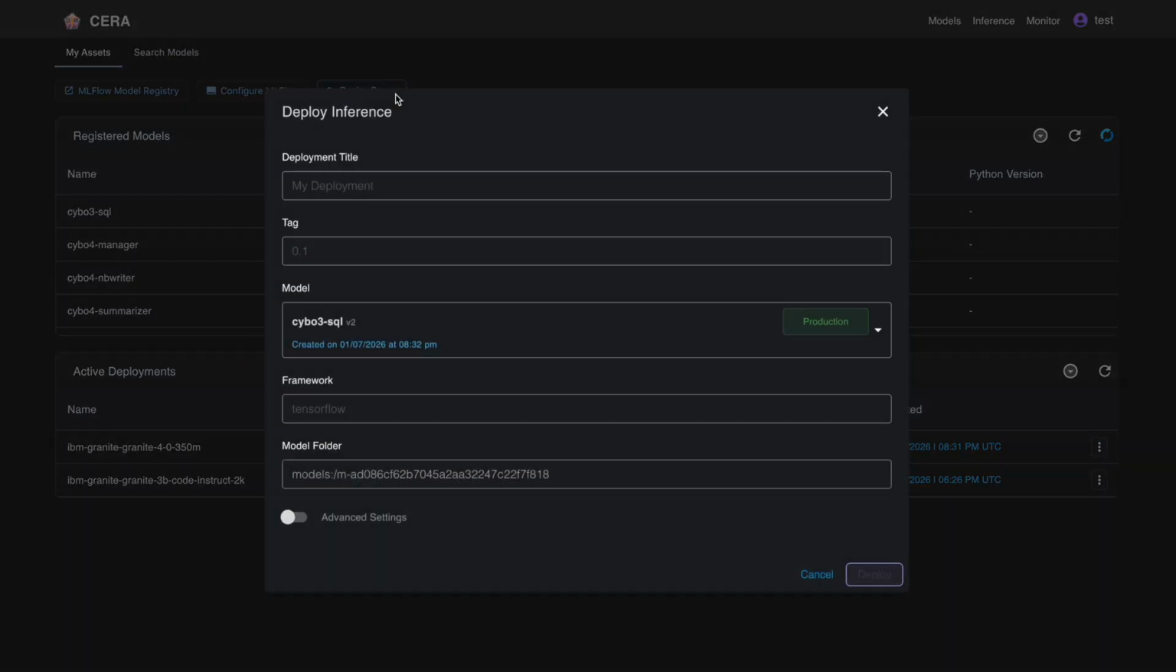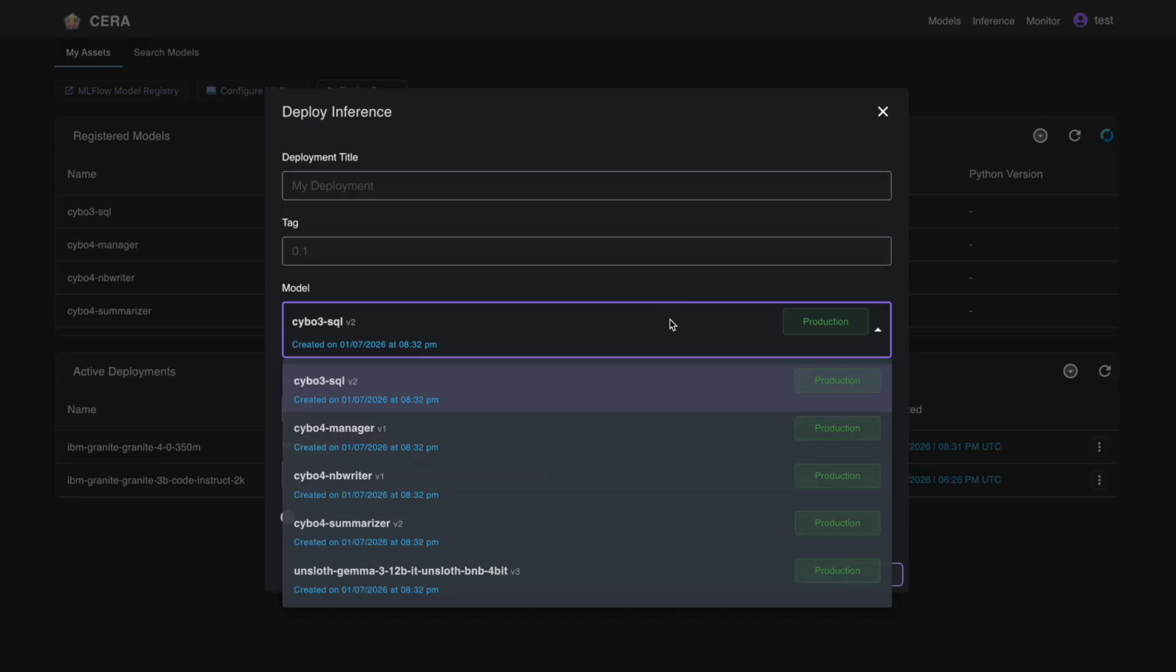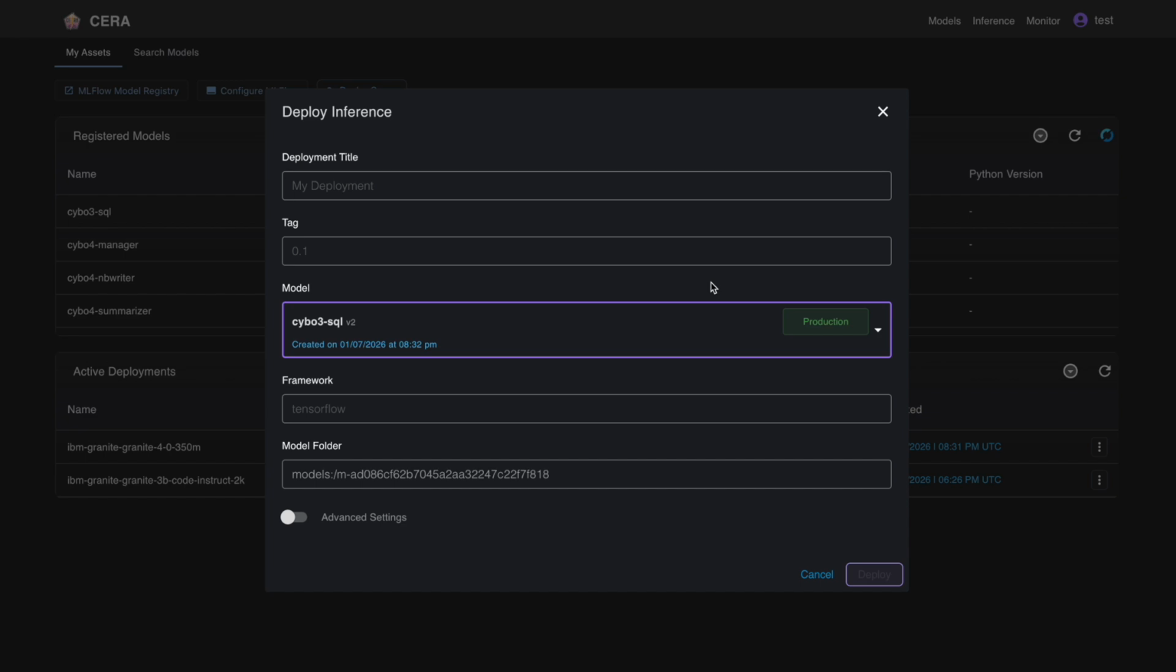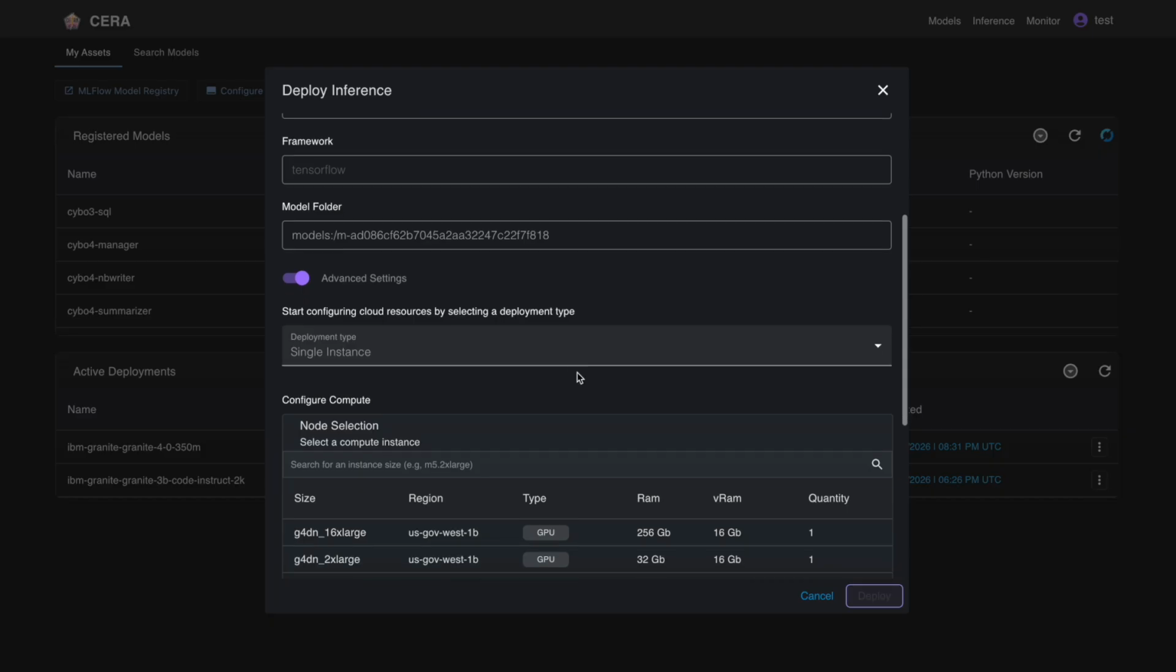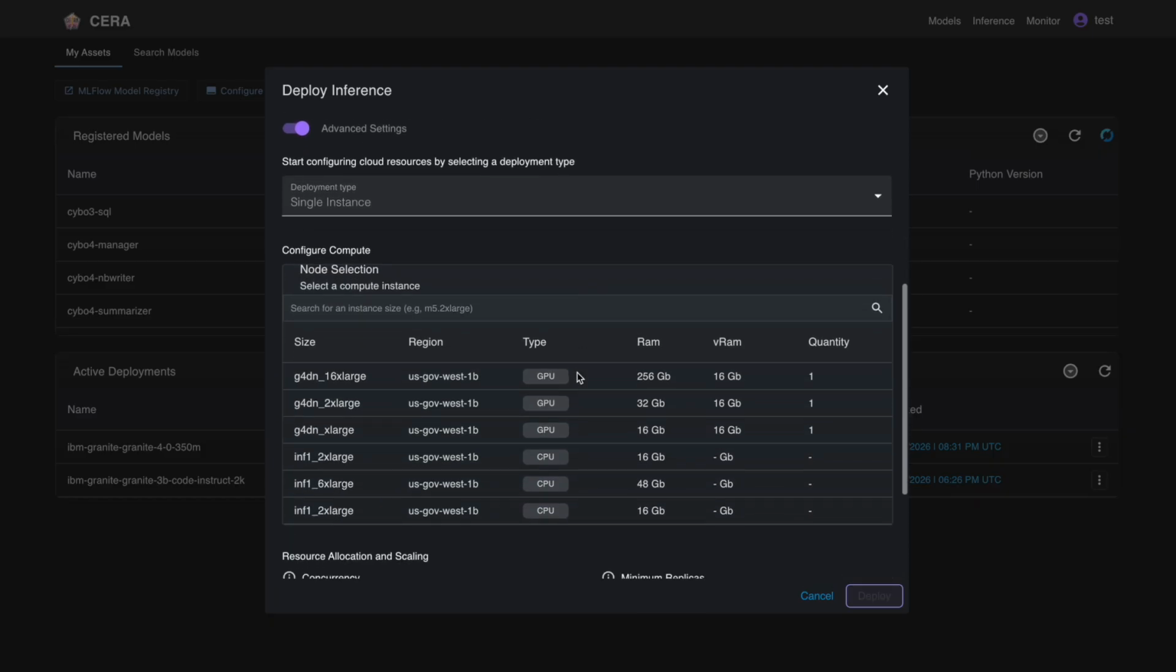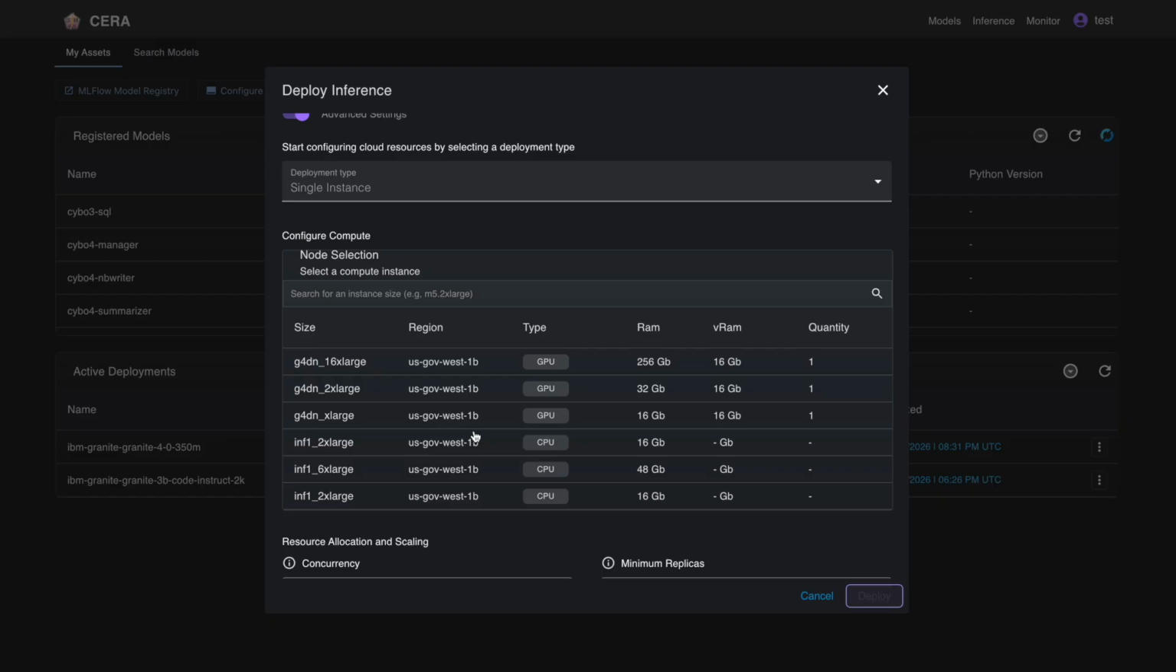So as an example, if you want to deploy an inference and you click on it, you could choose from a list of models that you have actually registered within CERA. The frameworks are automatically recognized and the model folder will appear as it's hosted inside of MLflow during the initiation. The advanced settings give you a couple of more options where you can select individual GPU machines that are available